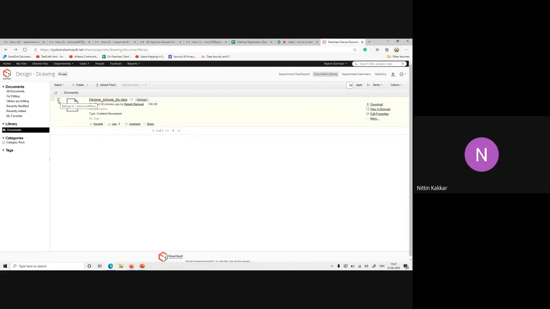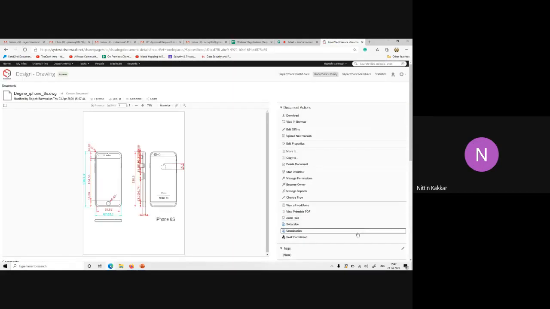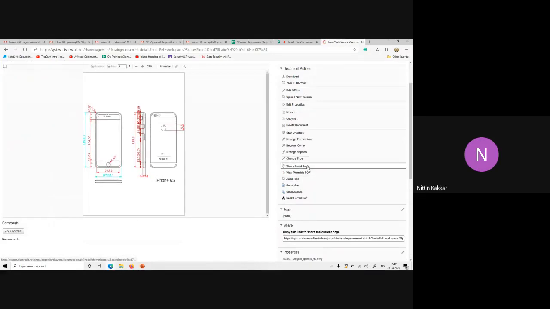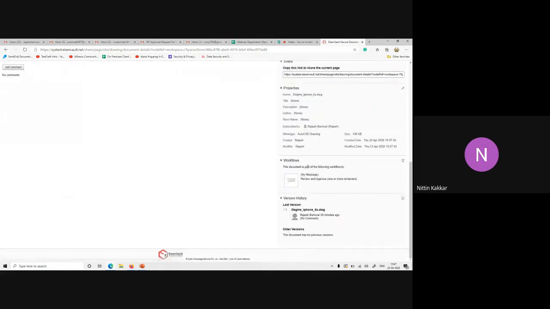Also, there is another method to check the history. Rajesh, if you open the preview page, just scroll down and go to the workflow section. Click on this start.